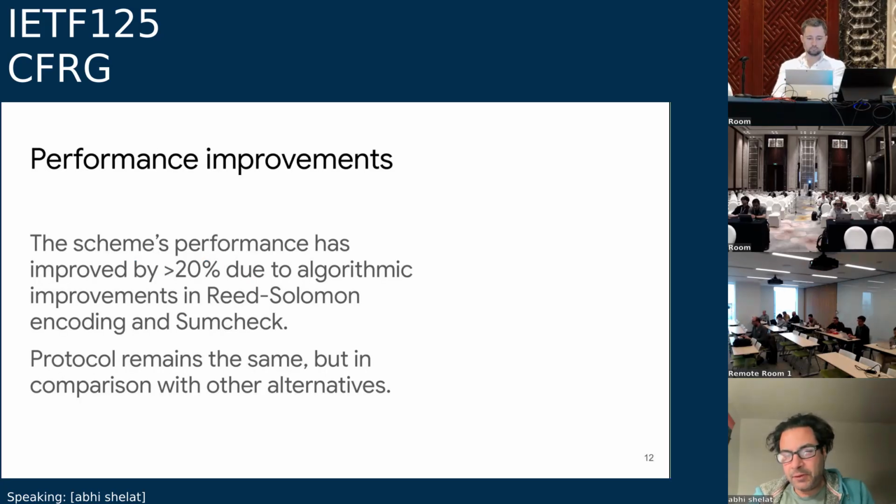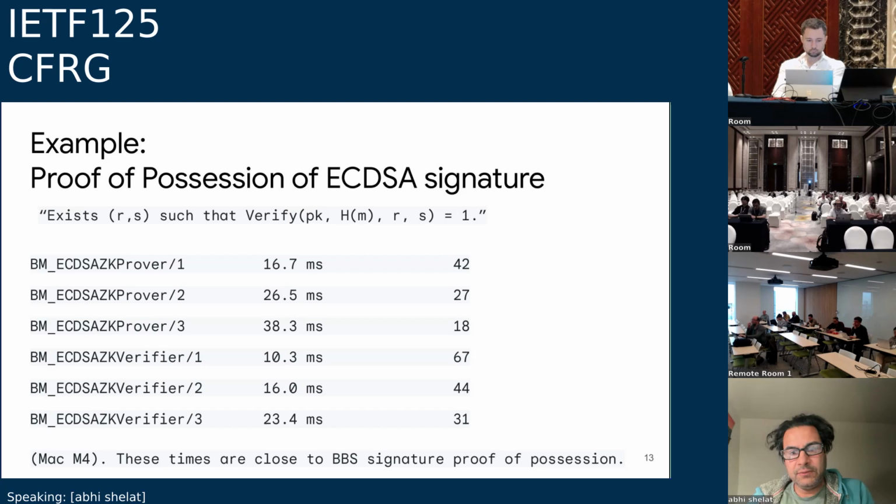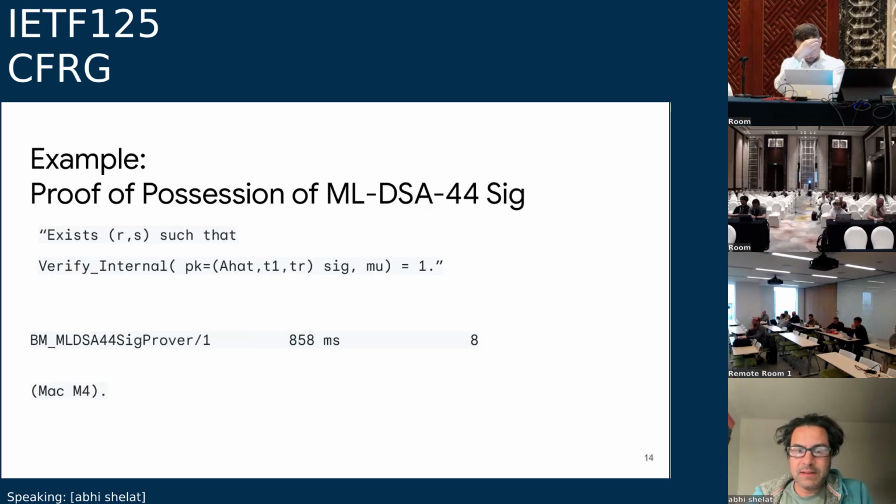We've improved the performance, and here I'd like to give a few ideas. So you can, as before, prove knowledge of an ECDSA signature. This used to be a very complex statement, but now we can do this in essentially milliseconds. More interesting though, for example, the MLDSA 44 signature scheme, we're just about to release a paper on this